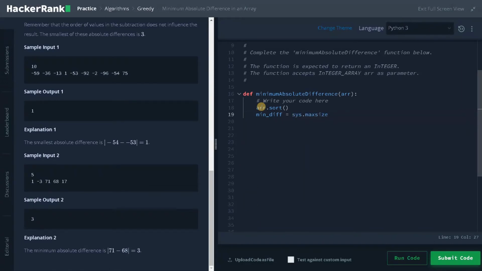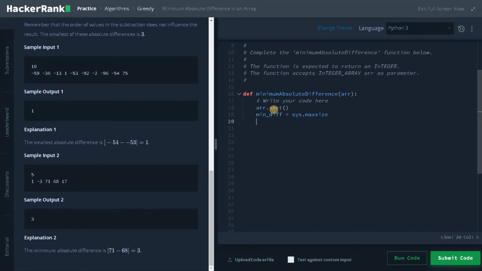This will allocate some maximum number to this variable. Usually while finding some minimum, we allocate some maximum number. In some previous videos I mentioned it as 9999. To avoid that, we prefer a common value, that is the maximum size available, and after that we are going to iterate the array.